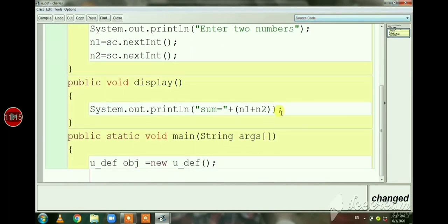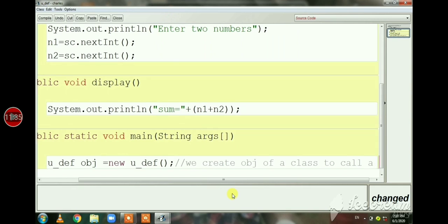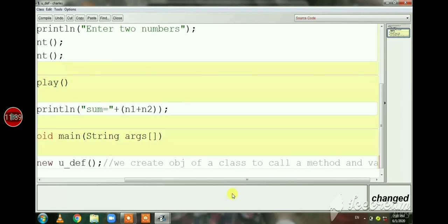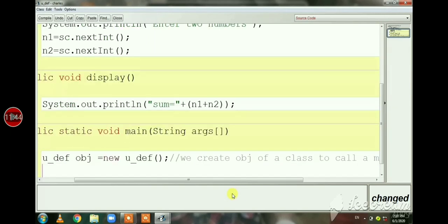So now I created the object. We create an object of a class to call a method and a variable. So first I am going to call the accept method through this object.